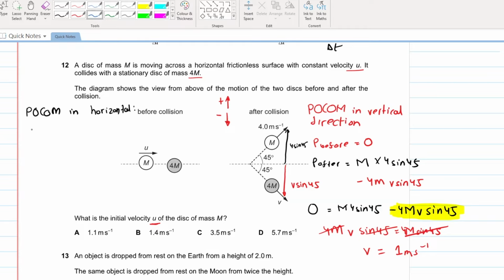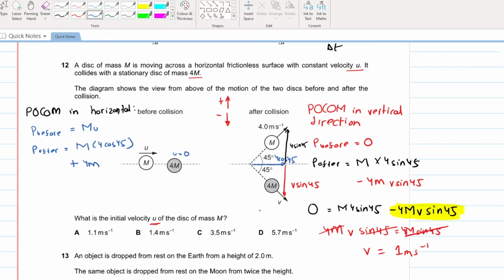What is the momentum in the horizontal direction before collision? Yes, only m into u. Why? Because this 4m mass is stationary, at a velocity of 0. What will be the momentum after collision? Mass of m multiplied by the horizontal velocity, that is 4 cosine 45, plus the mass of 4m into the velocity of